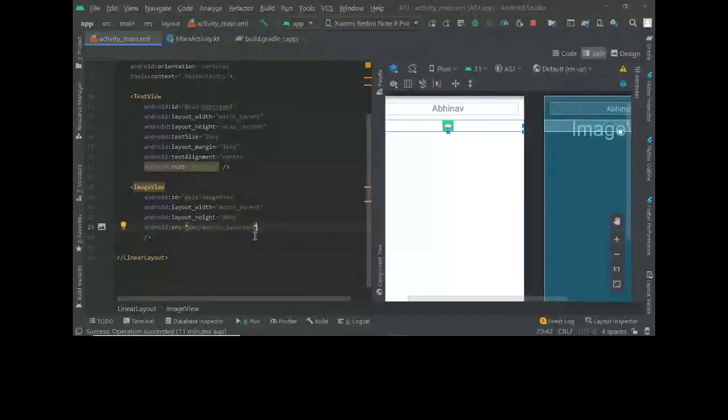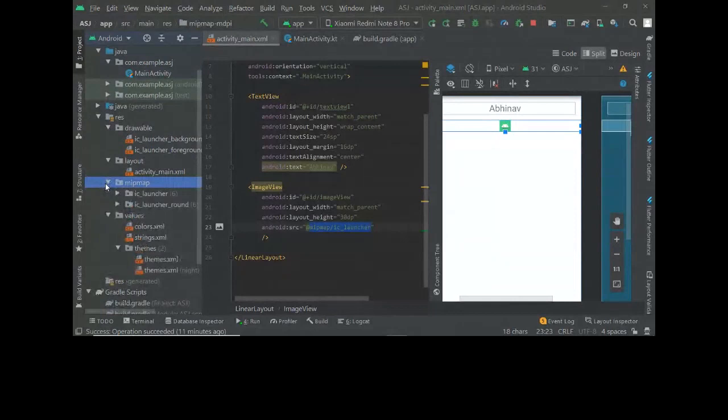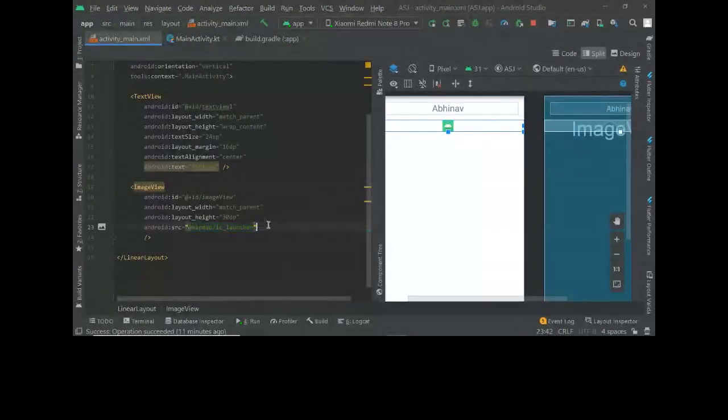Or you can add any image you want, but since we don't have any image right now, we'll just be using some images already there. That image is located here at map, in resources. Here in map, you have this image. So we're just using that for now, but you can use any image you want.